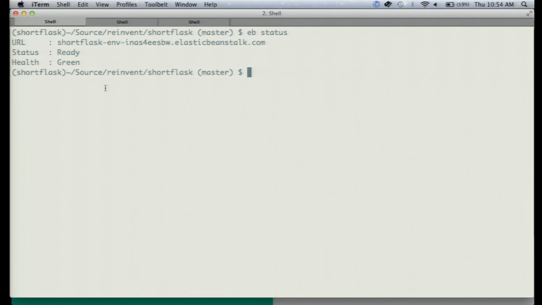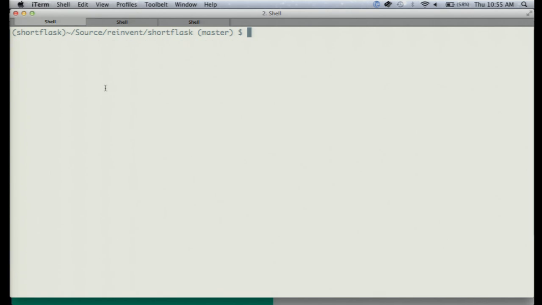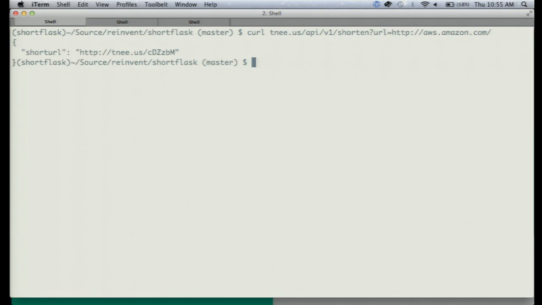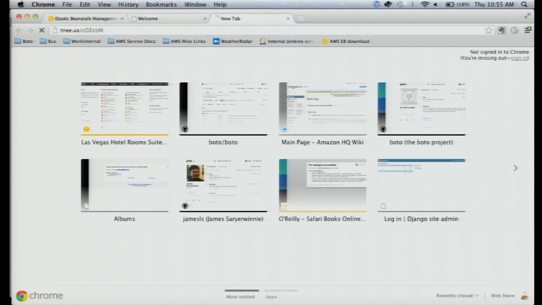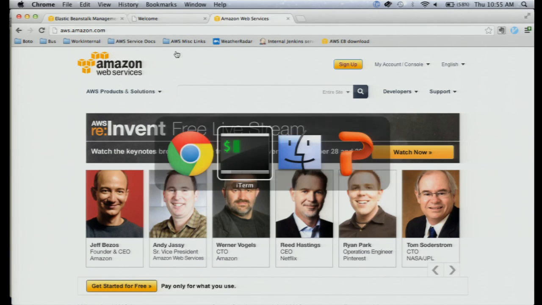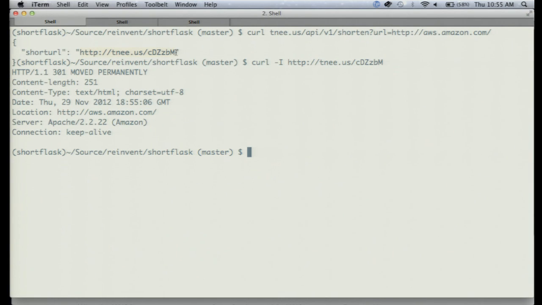So if we run EB status, we see our environment is ready, it's green. We can then try out that same curl command. But also, I've set up an alias beforehand. It is a URL shortener, so I've created a shorter domain. So you can do the same kind of thing here. We are now using a deployed version of our application. And we'll see our redirect. In fact, we can see we get redirected here. OK, so that is the basic process for deploying